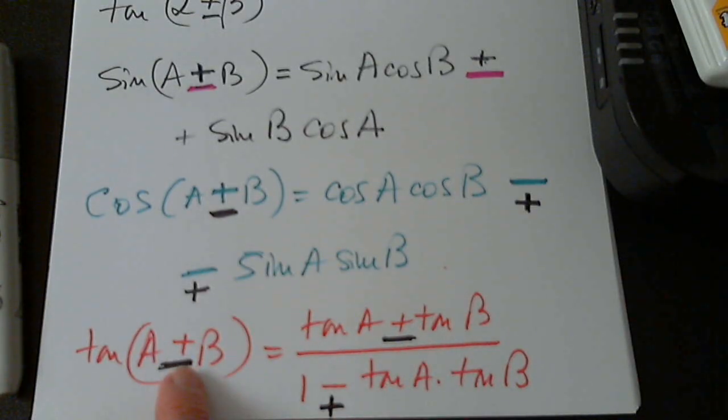So plus has plus at the top, but minus in the denominator. The minus has minus at the top and plus at the denominator. What are we going to do with this? So let me